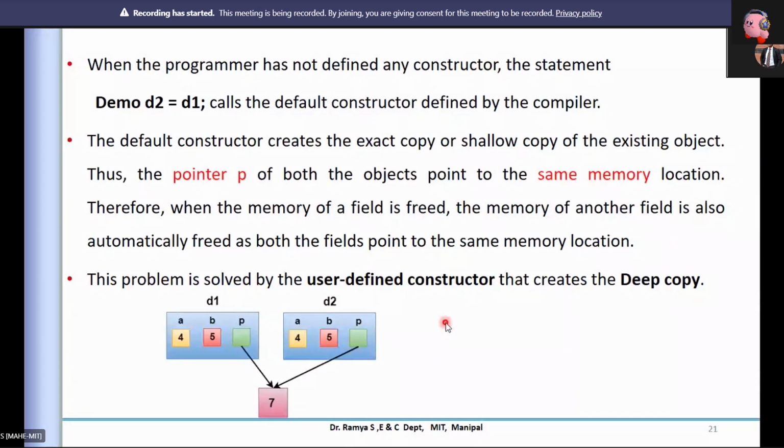But the moment you define the user defined copy constructor, then we make a different object, and the content of the memory is also separate. Earlier both were pointing to the same memory allocation; this is done with a deep copy. We'll see what the difference will be in the program.